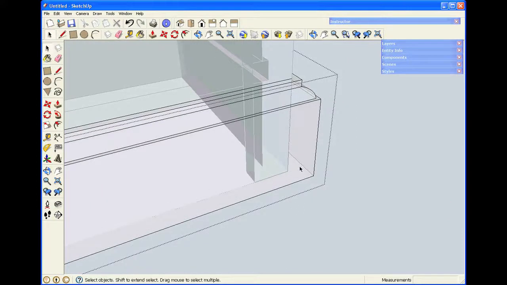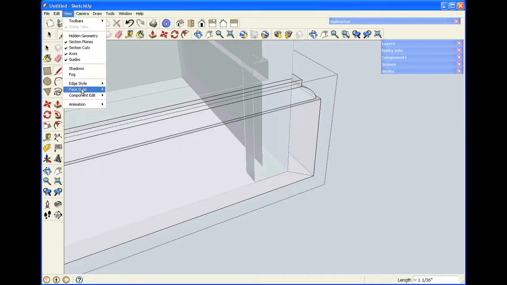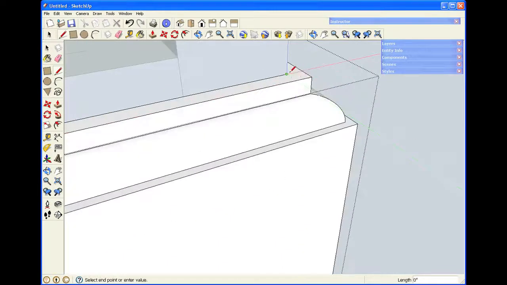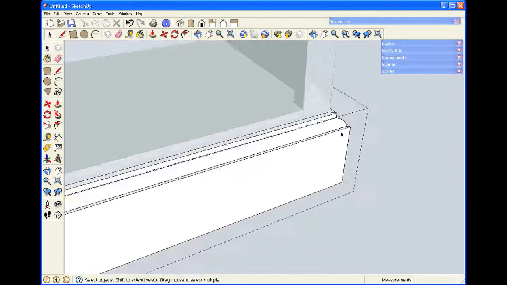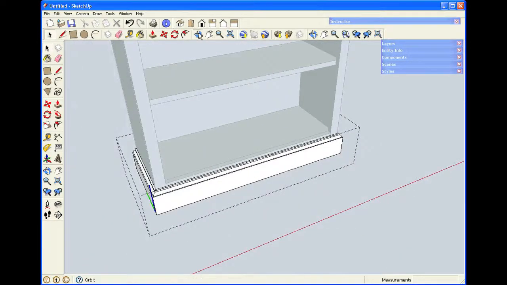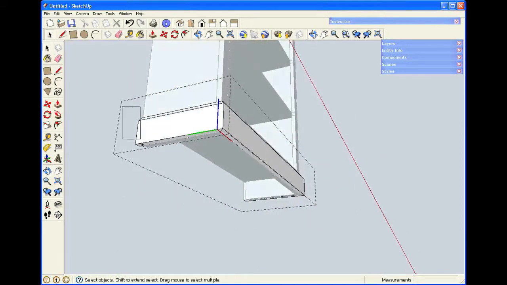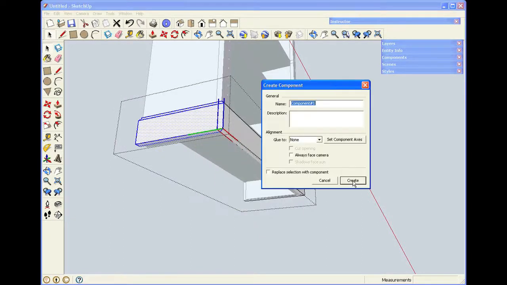I'll come around to the other side, draw that line in. The X-ray view can get a little confusing, so I'll turn it off. Then come in and draw the other lines. Now that I've done that, I've created a separation between the three pieces. And I can select, if I draw the box correctly, just the side, make that a nested component,